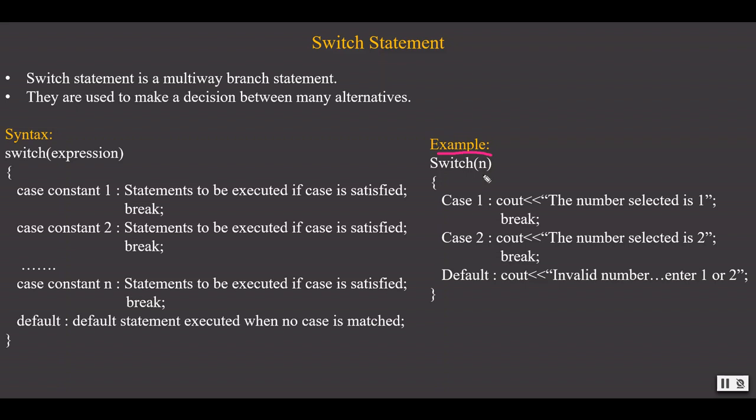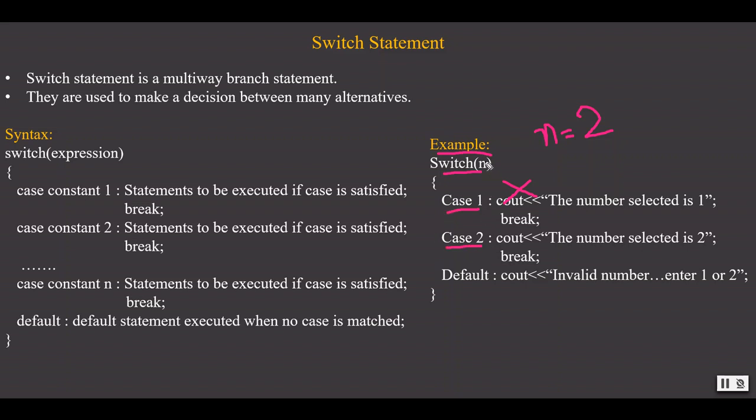Switch, and n is passed as an expression to the switch statement. Let's consider n to be equal to 2. Then n is passed through the switch structure. It compares with the first case label. It is not matched. Then it goes to the second case label.